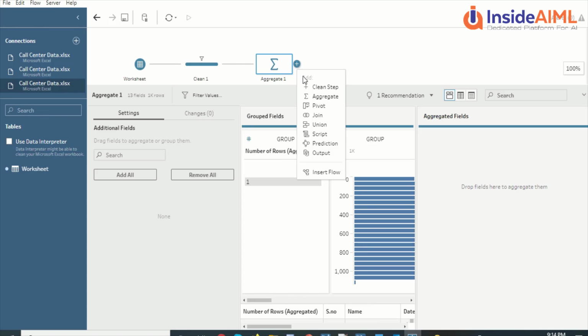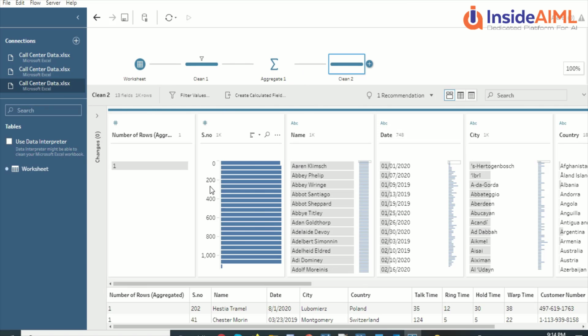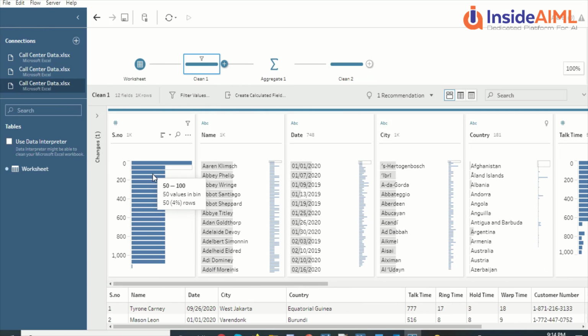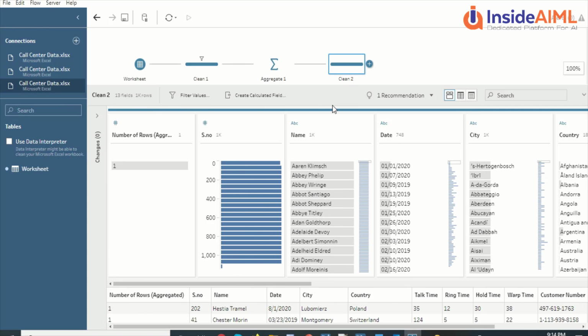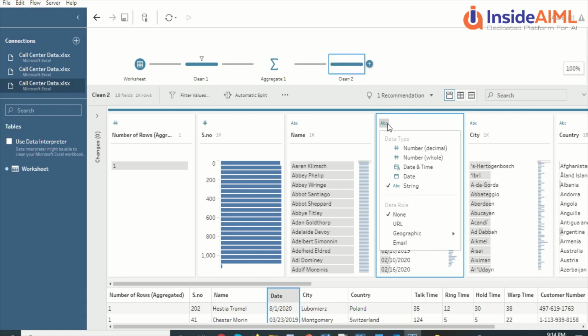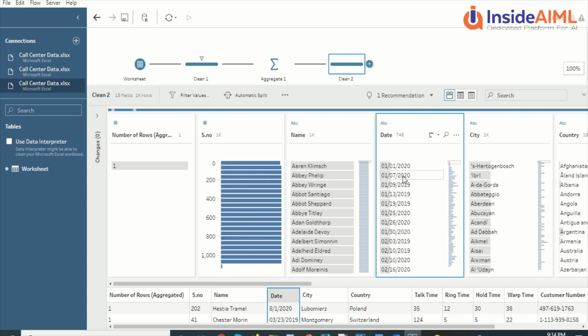Now I can add another clean step so I can view my data. If you see, there are three kinds of data views here right now. The view we are seeing is the show profile pane, where we see what kind of data is there. If I look at the clean one, there could be some different stats, and when I look at clean 2, I would have certain different things. Now I have done my cleanup. I can change the data types out here, like ABC, number is fine, this name is fine, this doesn't seem correct to me, so I can go ahead and make it a date.